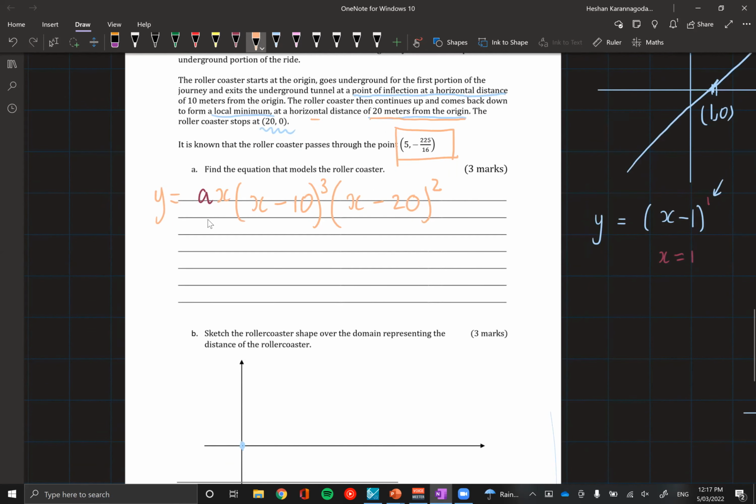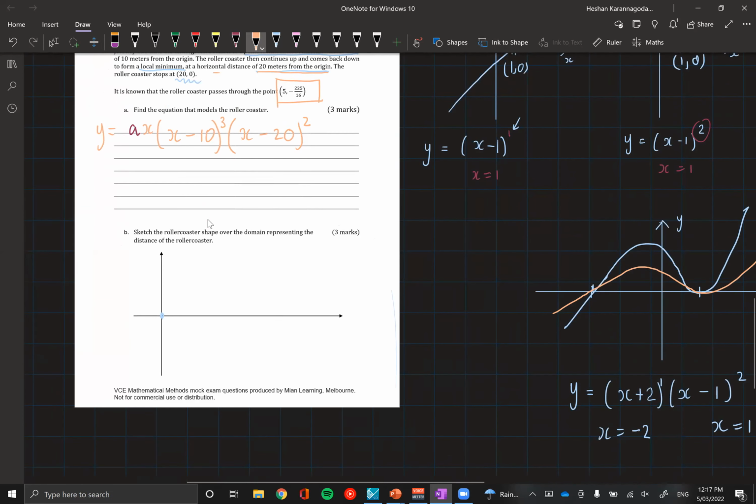So yeah, the a can also reflect the graph. Oh yeah, let's say if our a value was negative, right? Our things would still make sense, you'll still have your turning points and your appropriate intercepts at the same point, but you could have a reflection as well. And that would just be represented by a negative dilation factor.